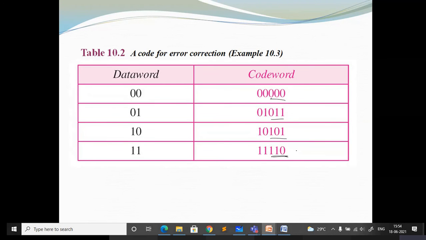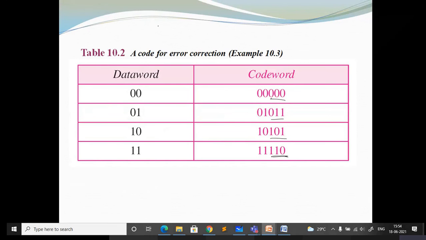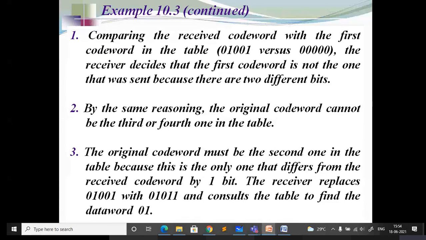In a similar way, there is an example of how you can compare to find whether an error is there in the received data or not. I want you people to go through this. Only thing is the number of extra bits added is more. So in what case, how many errors can it detect? In the first case, by adding one extra bit, if more than one bit got corrupted, it is not able to identify. So you can keep on increasing the number of redundant bits added. Go through these cases and try to understand how that problem can be solved.